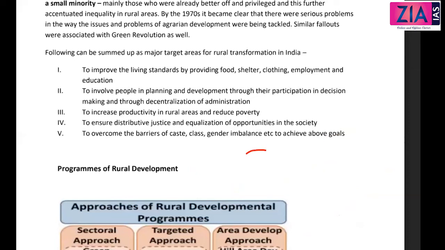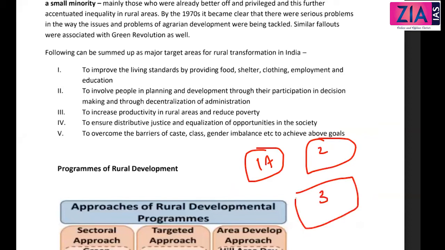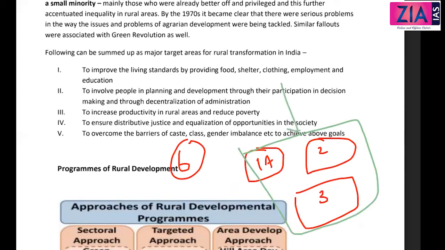Similarly, there was one more reform: consolidation of land holding. Like you have 1 acre of land in one place, in another place you have 2 acres, and in another place you have 3 acres. So in three places you have a total of 6 acres of land. Now what you can do under consolidation of land holding is surrender these three plots to the state, and the state will give you one consolidated compact plot of 6 acres. Now, do you think it has anything to do with social justice here? No, this is purely for using the concept of economies of scale and to improve productivity.